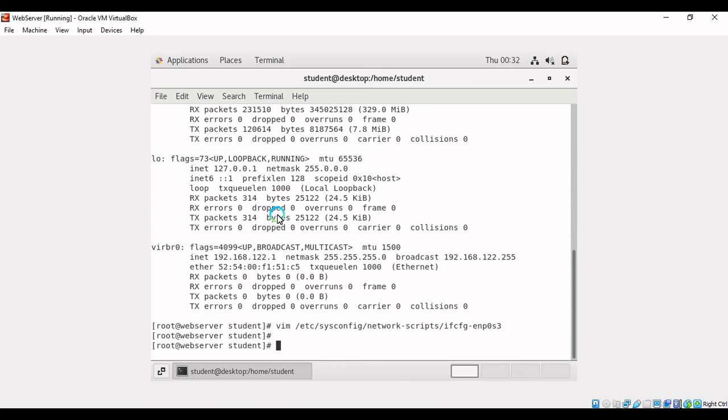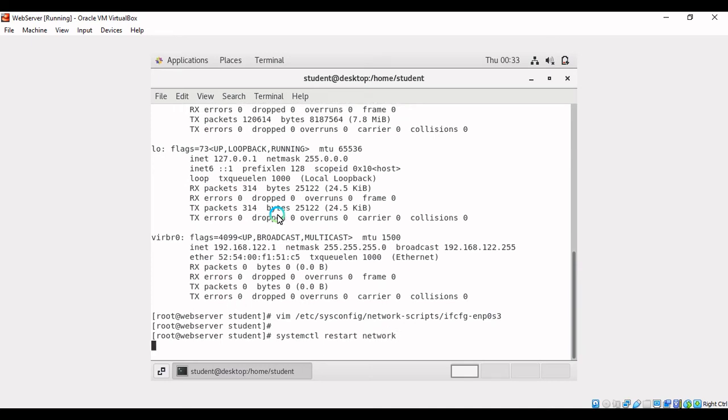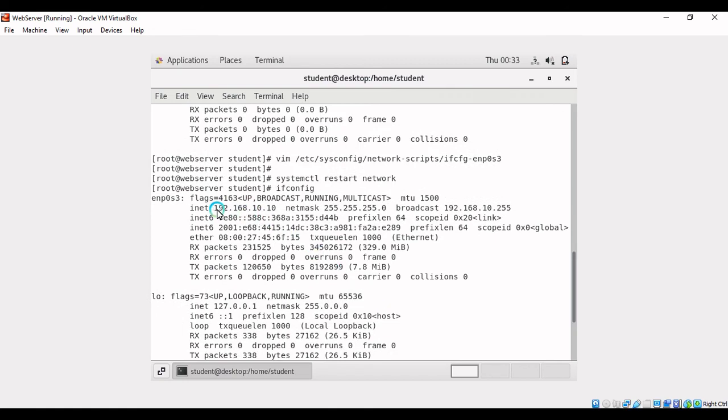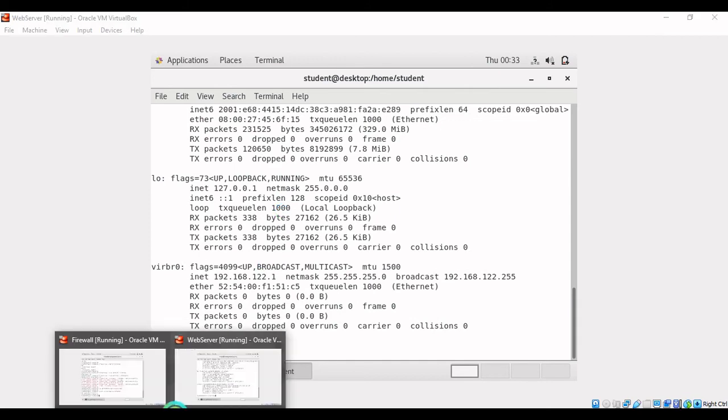If we need systemctl restart network, we need to make sure that what we change in here is reloaded for the network. If we see again ifconfig, you can see that our IP has changed, 192.168.10.10, and since we already configured this